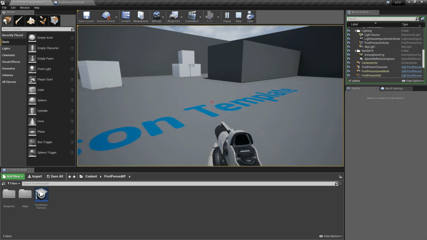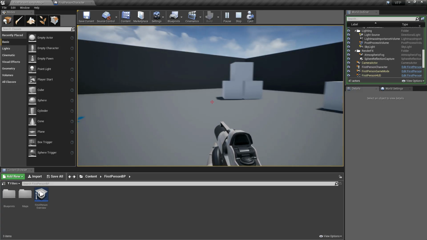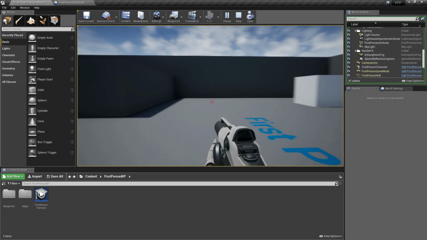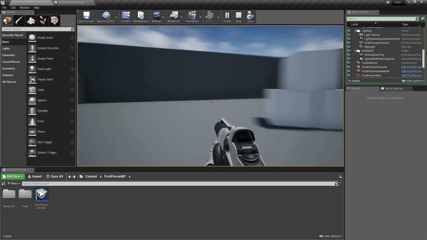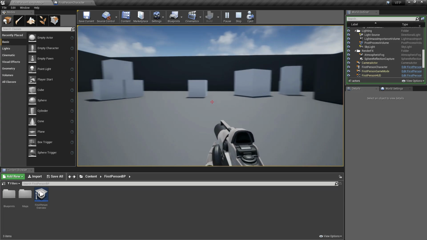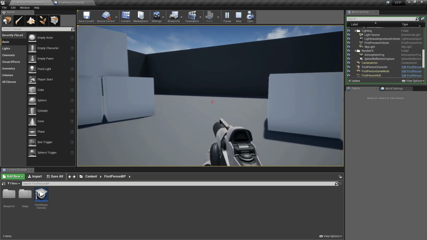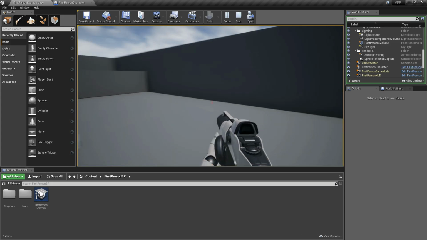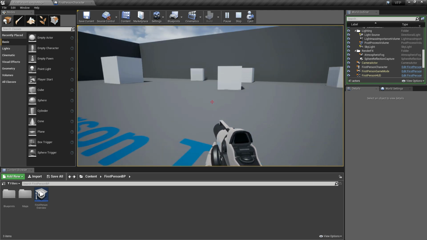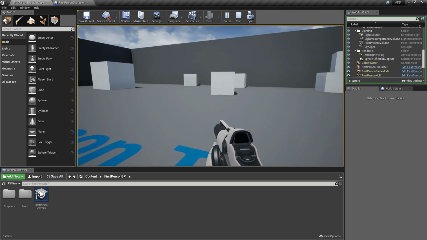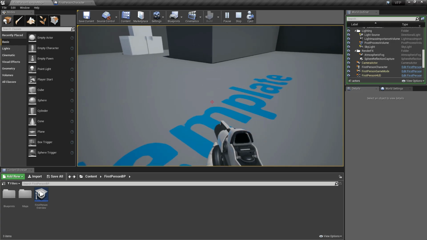That's the indicator that our crouch key is running correctly. Then once we press the left shift, it also crouches the first person character. That's how we create the basic crouch control of our first person character in Unreal Engine 4.